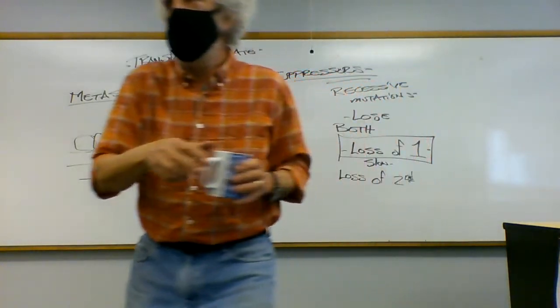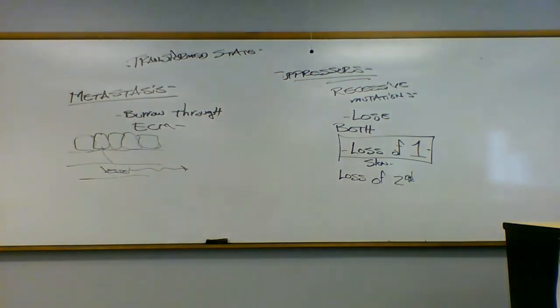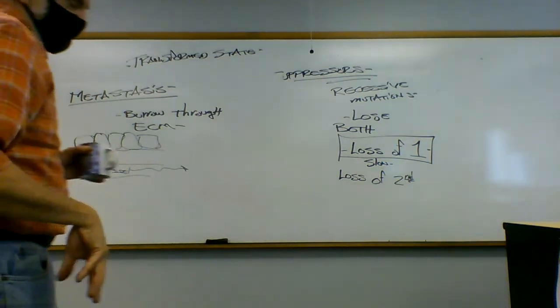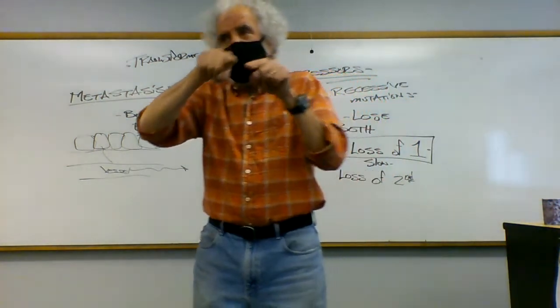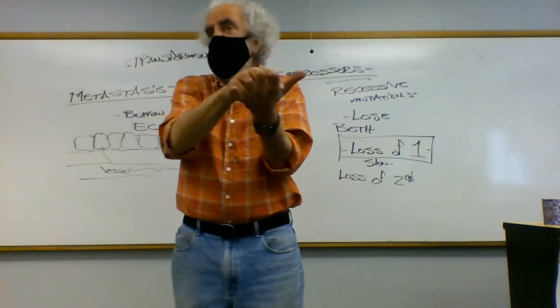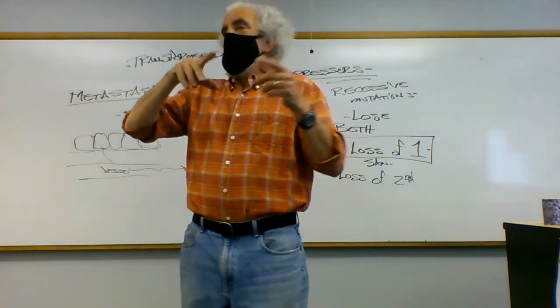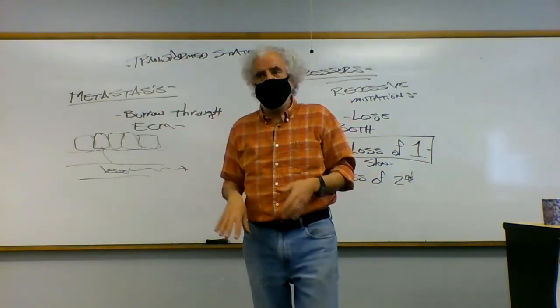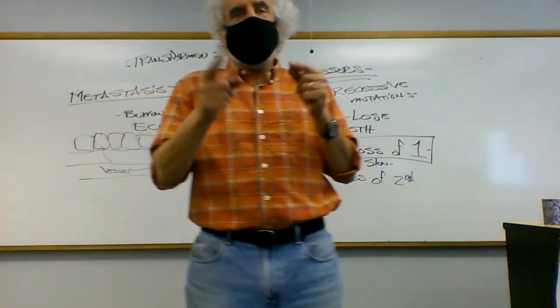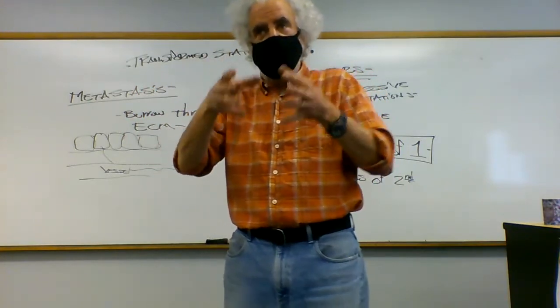Yes, ma'am? So if they've lost their adhesion capabilities, how are they able to stick onto a new place? What they have done is they've lost their cell-cell communication ability. This is the question, how can they begin to invade and then move on to the next step? They've lost their cell-cell connection ability. They now lift off and begin moving around, and they will lodge someplace else. And then they can, again, burrow in and kind of get into different cell types. And, on one hand, we make this sound like it is an intentional thing.